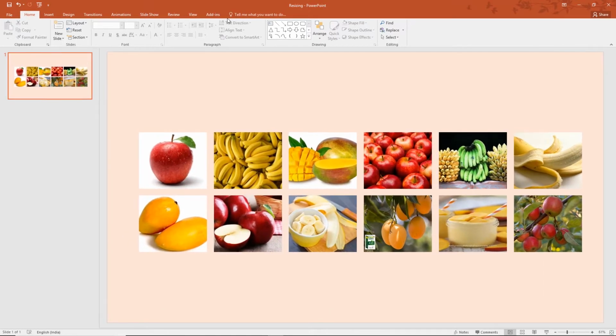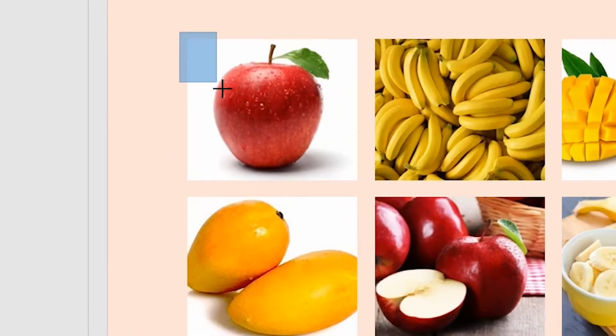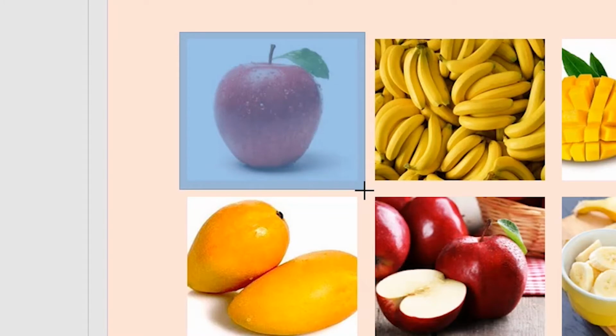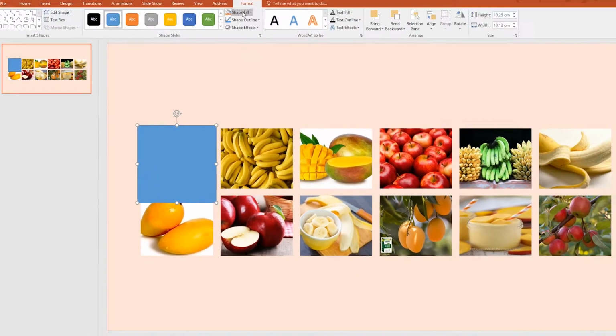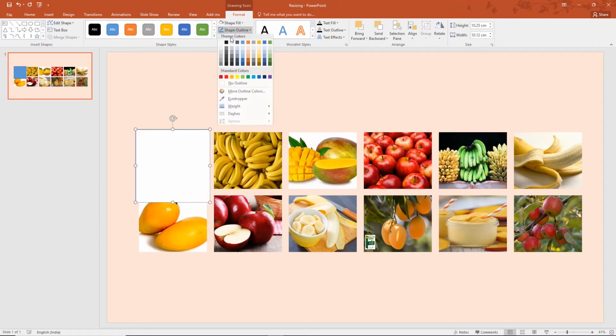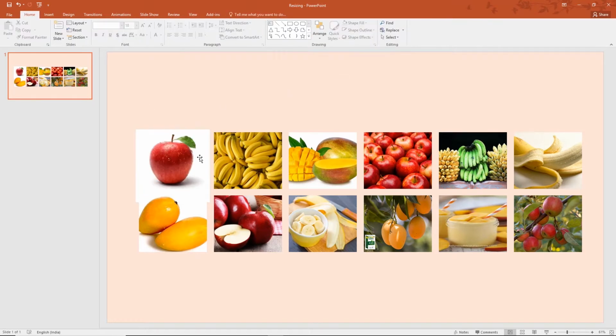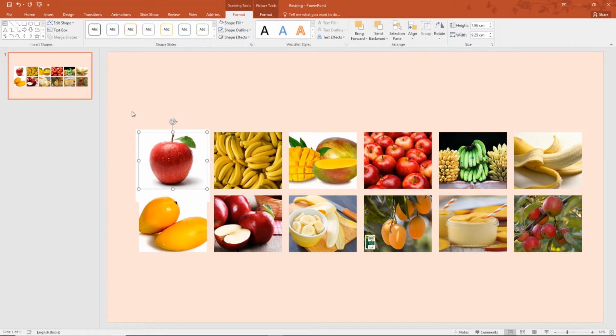Cool. Now, to give this a Polaroid image effect, I'll insert a rectangle and I'll go over this image, going just a little bit bigger on the bottom, and that's it. Shape fill white, no outline, and send this to back. You see this image kind of blends in with this white environment, and there are other white background images.